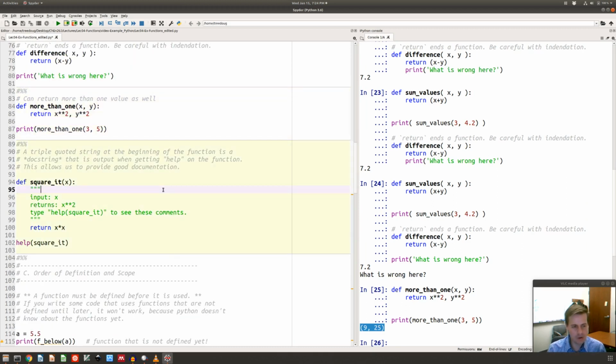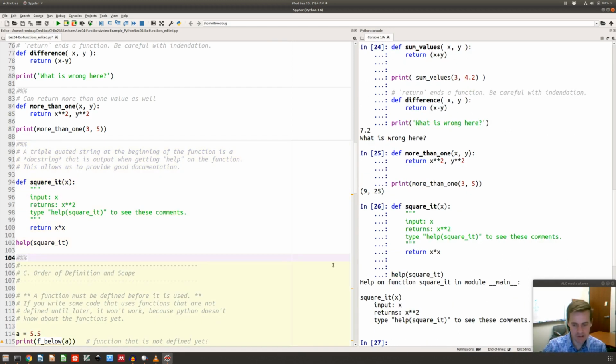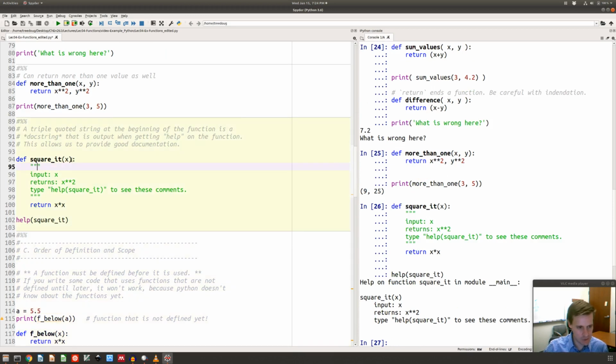Finally, if I put a triple quoted string, so if I put 3 open quotation marks at the beginning, this is what's called a doc string, and it provides the help for a function. So when I run this, this tells me if I want to square it, I put whatever my documentation is. Input x, returns x squared, and then I say, type help square it to see these comments. Now I type help, parentheses, square it, and that's what happens. Okay? I can do lots of things. Type help